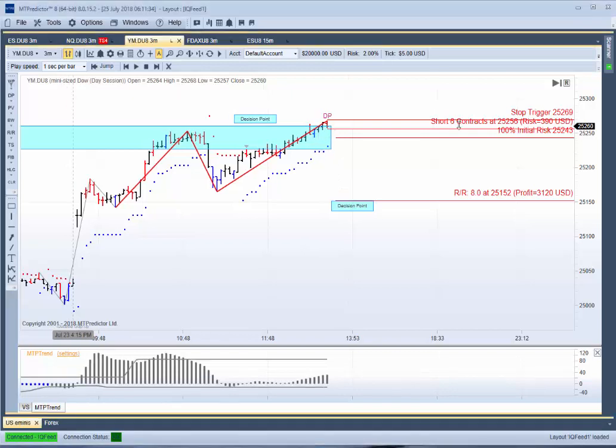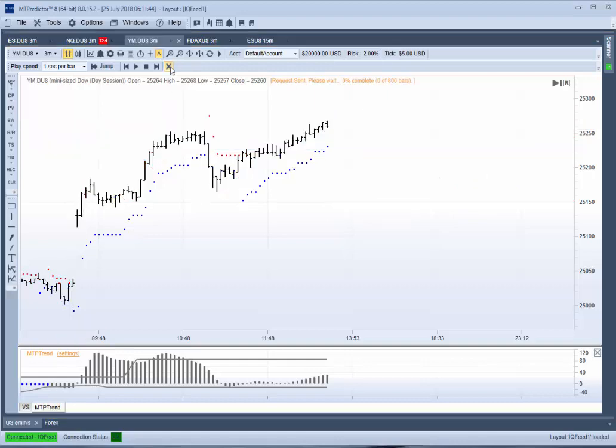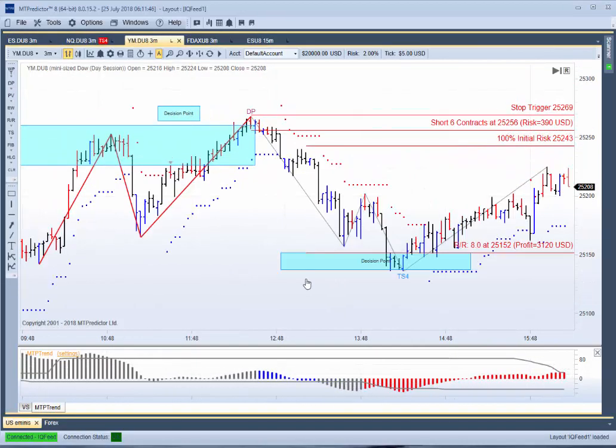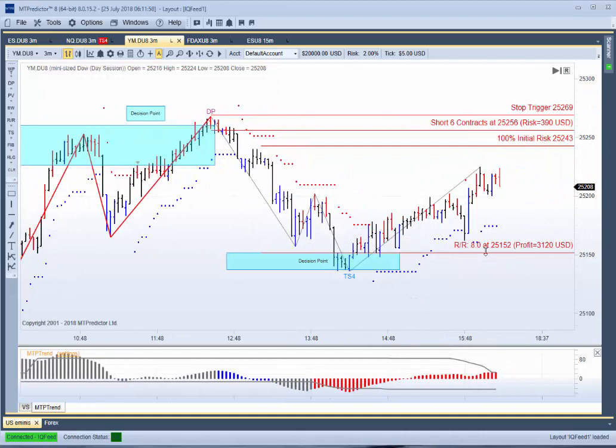Again, position sizing took care of the number of contracts and also had our profit target on the chart. In this case was a potential 8-hour profit, which looked like a very good trade indeed. So let's now turn training mode off and see what happened. And as you can see, that actually nailed the very bar of the high of the day. Look at that. The market then declined nicely, came right down into our profit target area, where a profit of